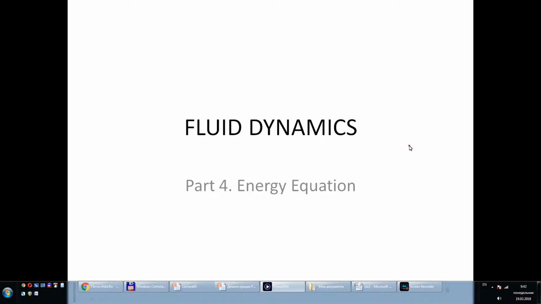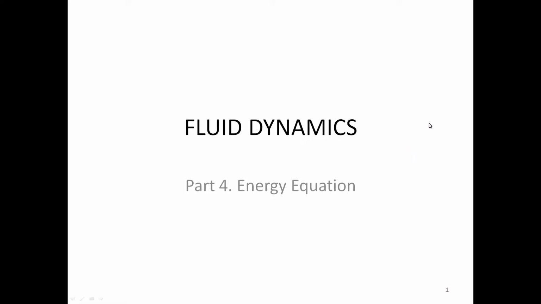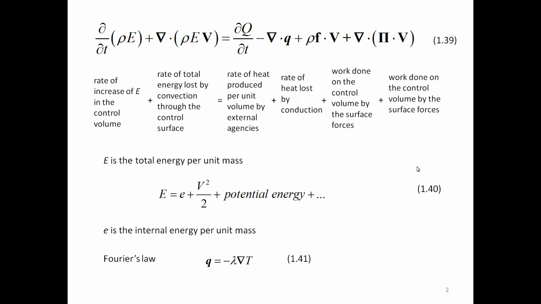And now, the energy equation. The first law of thermodynamics applied to a fluid passing through an infinitesimal fixed control volume yields the following energy equation: derivative of rho E with respect to t plus scalar product of nabla operator and rho EV equals